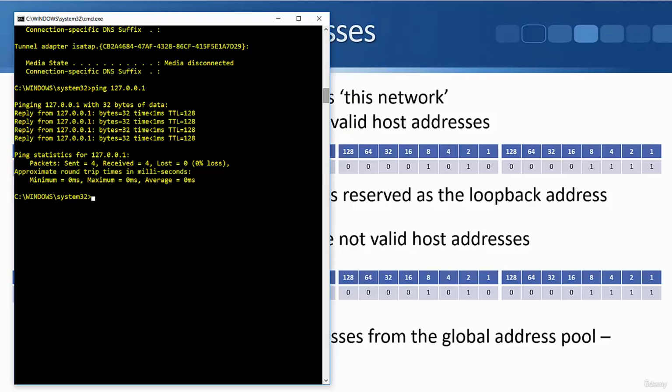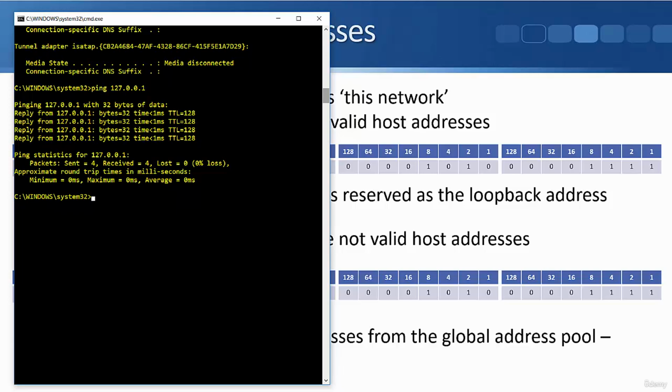If you wanted to check, say that you're in New York and you want to check that you've got connectivity to a server in Boston, you could ping that server. But there's not much point in pinging the server in Boston if you can't get to your local default gateway router in New York. So you would ping that first. And also, there's not much point in pinging the local router if TCP/IP isn't even working on your laptop. So the way that you verify that TCP/IP is up and running on your laptop is by pinging the loopback, and we can ping